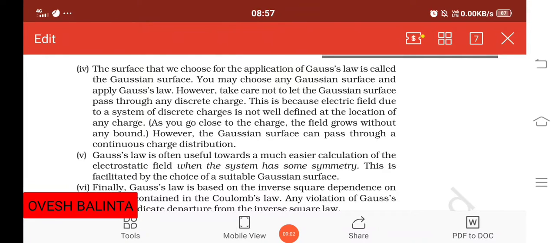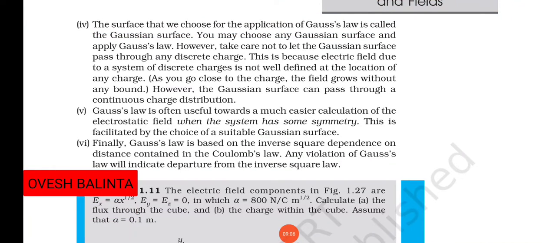So you write down this point, Gaussian surface. Gauss's law is often useful for much easier calculations of the electrostatic field when the system has some symmetry. This is facilitated by the choice of a suitable Gaussian surface. So whenever there is symmetry, it is good for the calculation, due to the Gaussian surface. Now finally, Gauss's law is based on the inverse square dependence on the distance contained